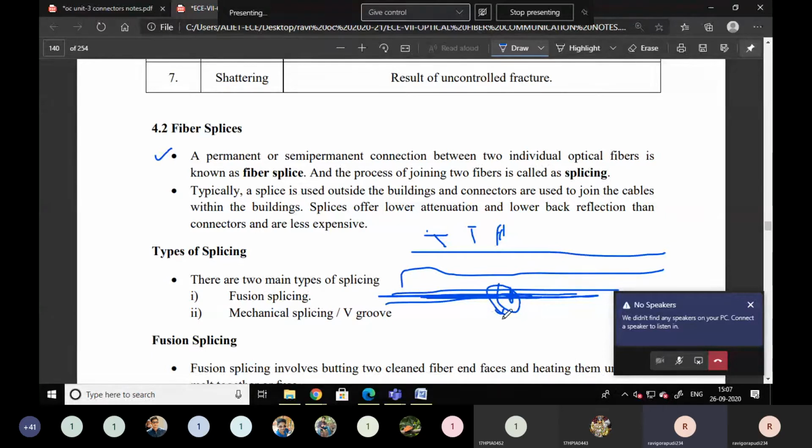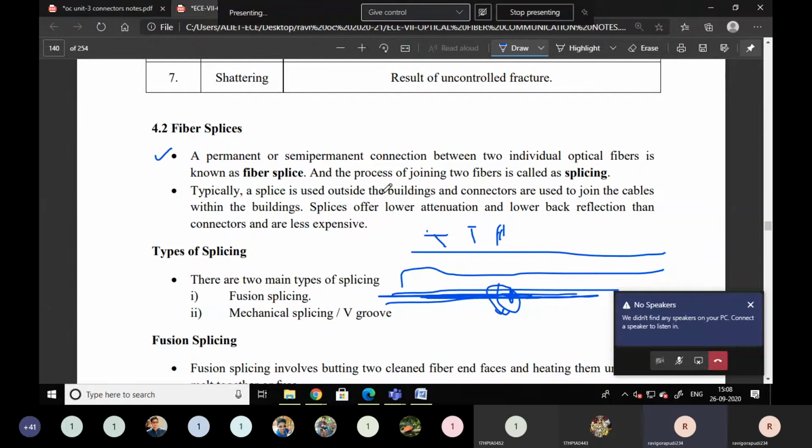What happens is it will take some more time for permanent joining. Those technicians will go there and perform the connection, especially for optical cables. They will dig big holes and observe where the cable was cut, and they can join those two cables by smoothing, cleaning, and doing different operations. Doing it permanently is nothing but a splice.